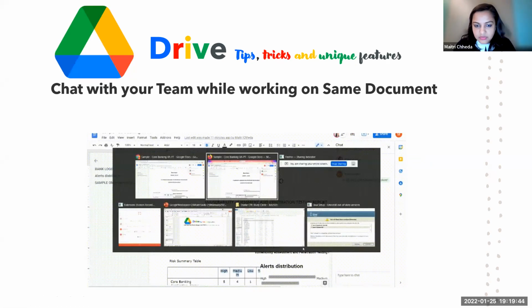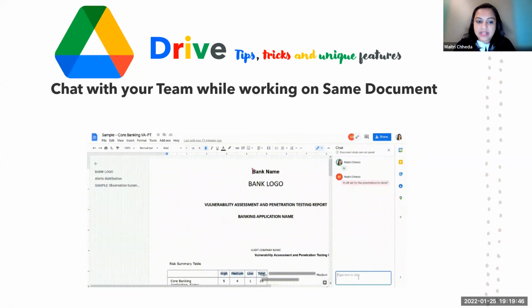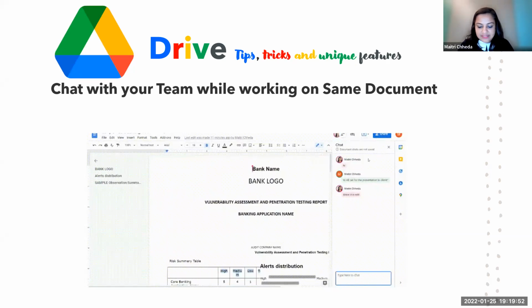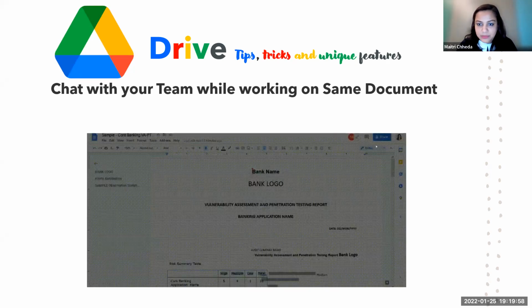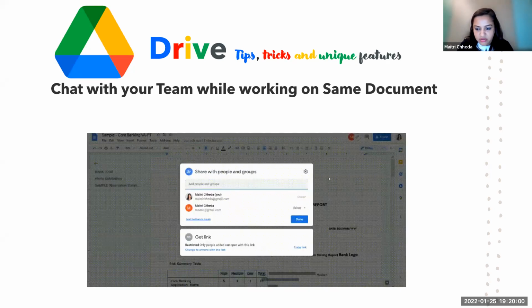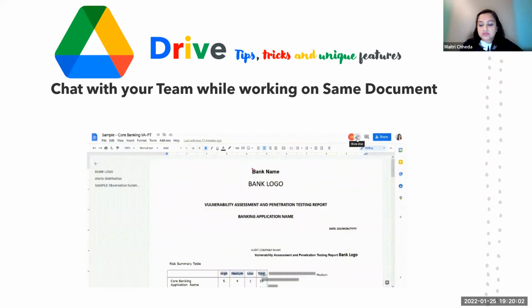So this option is helpful when you are collaborating on a certain document at a time. And yes, that is possible on the same work document. The file can be open at 2 to 3 places or however many places, and people can be working simultaneously. That's the beauty of collaborating in a cloud environment.